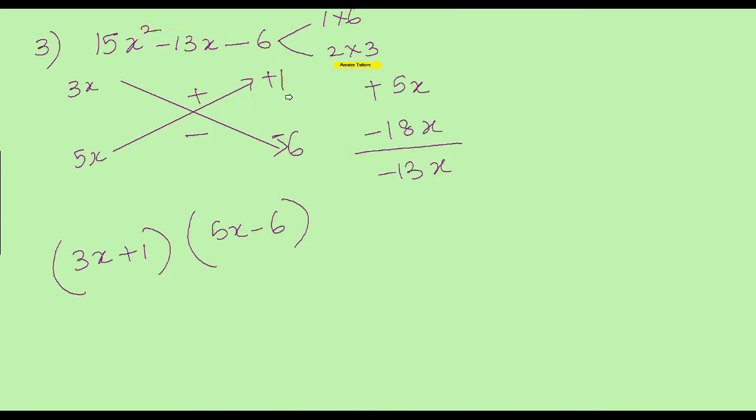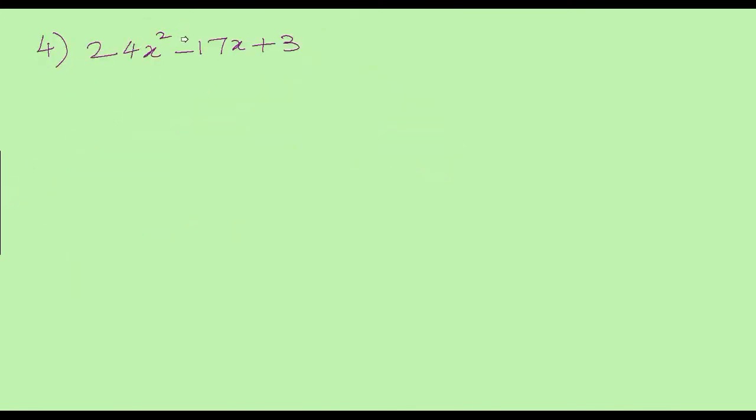That's it. Okay. I would like to show you one last question in which the first is negative and then positive. Okay, let's do it. The two factors of 24x squared. Actually, here again there are many possibilities. 1 and 24, 2 and 12, and 3 and 8. Let's go with 3 and 8 and see whether it works. 3x, 8x.